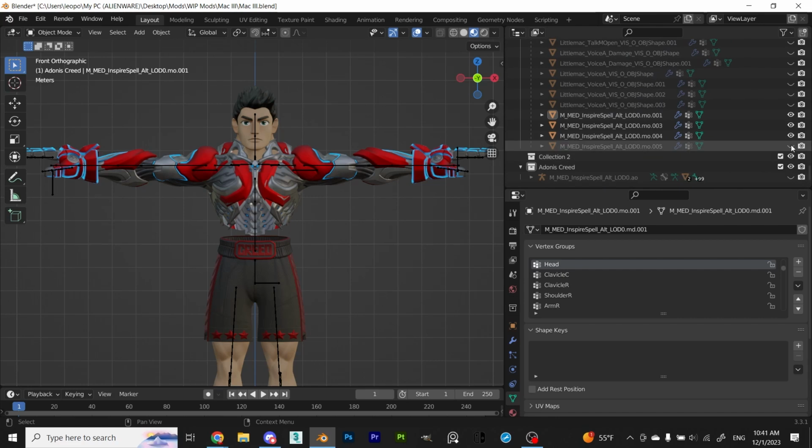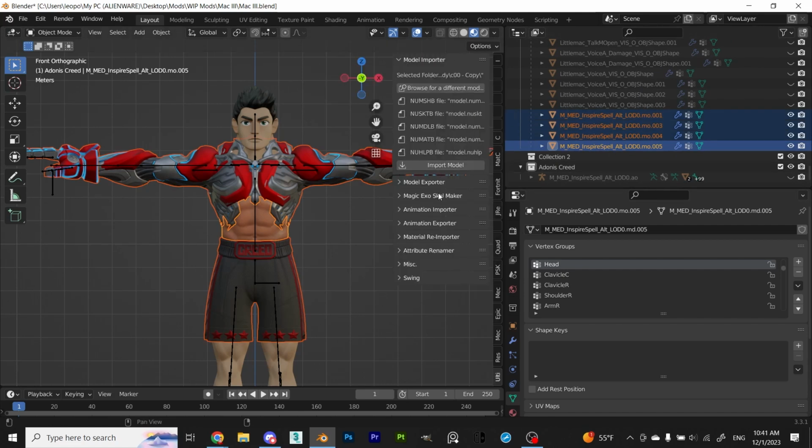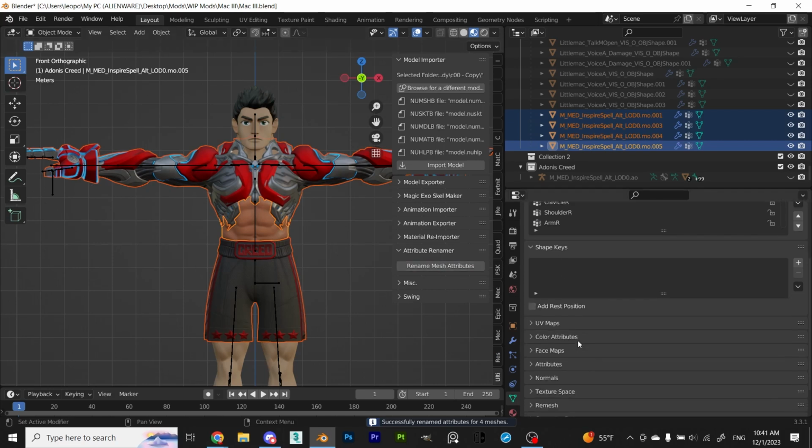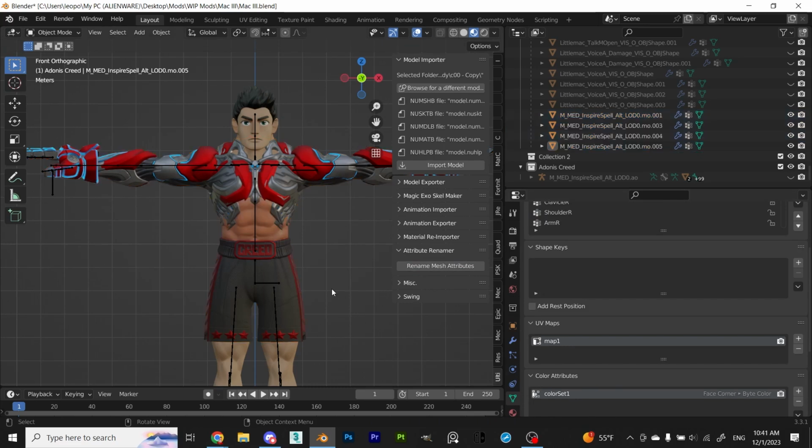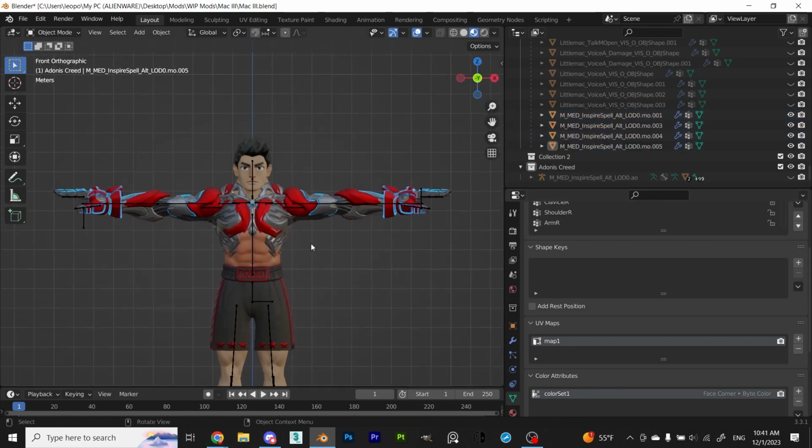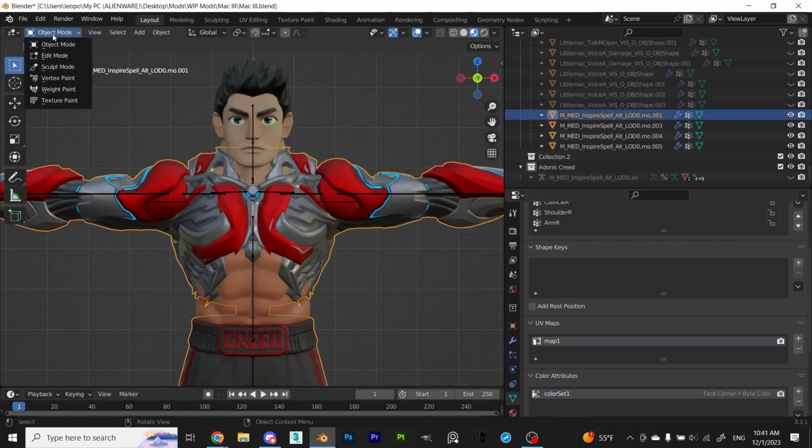Now that the model is rigged and prepped, select the meshes that you are adding and go back to the Ultimate tab, and then go to the Attribute Renamer and click on the only button that's there. Once you do that, you need to go to the weight paint option and limit your weights to 4, as seen on screen.